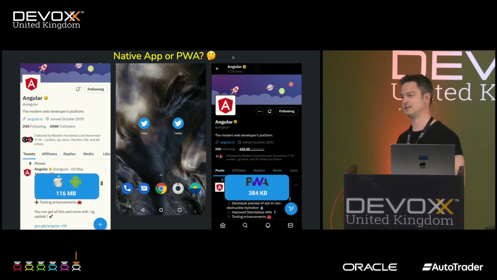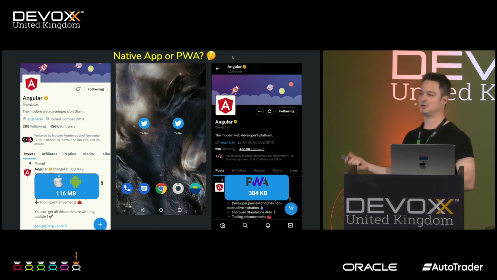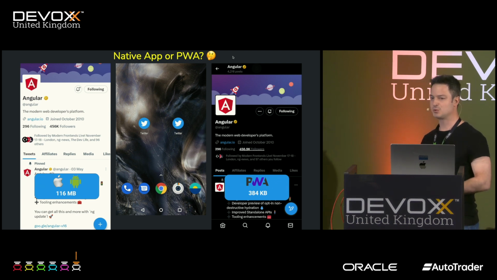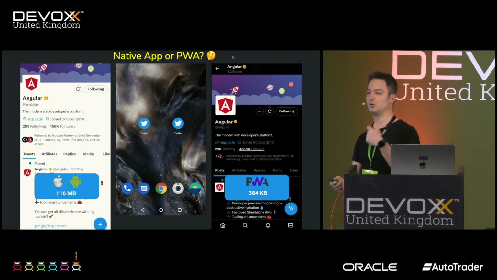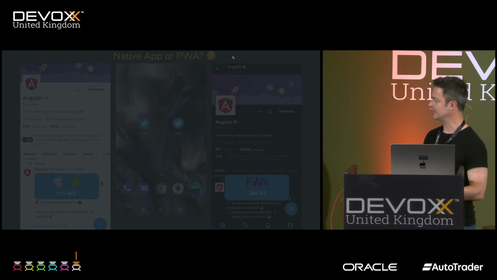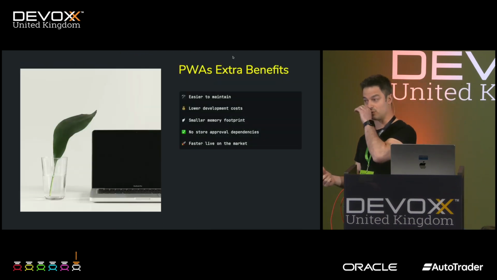Now, this is the disk space used on my device. And maybe this gives you a little bit of a hint at which one is the native app and which one is not. Because differently from native apps, a progressive web app does not need to download third-party libraries and a lot of other constellation of dependencies. This is indeed one of the specific benefits of a progressive web app compared to a native app.